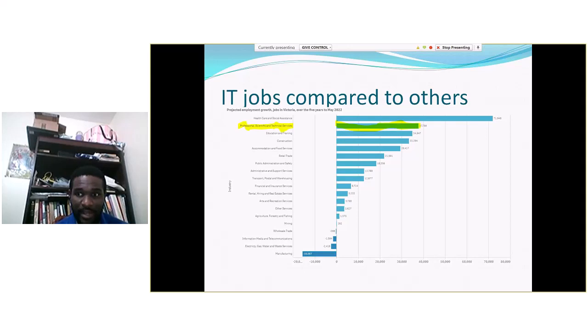VPN is just like, how do I explain it? It's just like in a big